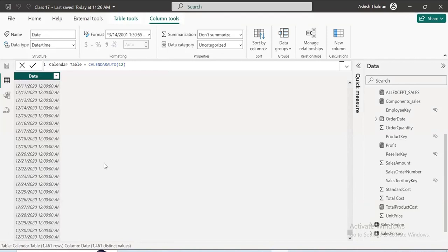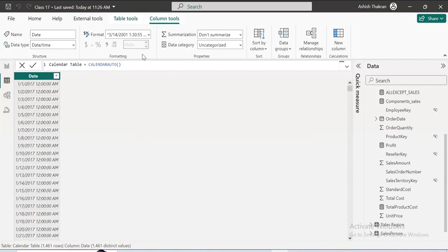And I had data from 2017 till 2020. But let's say if I do not give any fiscal year end month over here, then by default also it is taking the US fiscal year only. Same output. Okay? Starting from 1st Jan. But if I want it as per the Indian fiscal year, when does it end? March, which is which month number? 3. So if I say 3 over here,